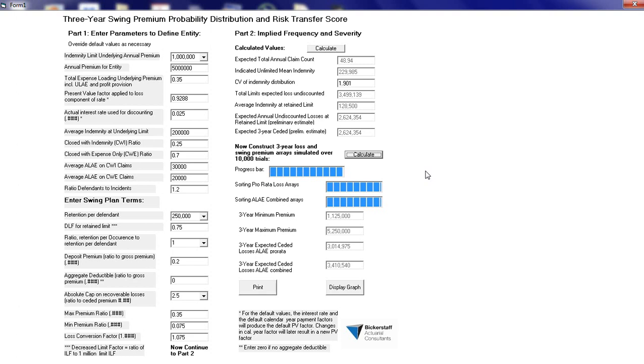So what we want to do when we have produced those 10,000 buckets is to sort them in ascending order so we can have a probability distribution. Now, all the way through this process, as we sample all these claims, obviously the first thing we're going to ask is: is this claim going to be retained or is it going to be ceded? Well, there are two ways